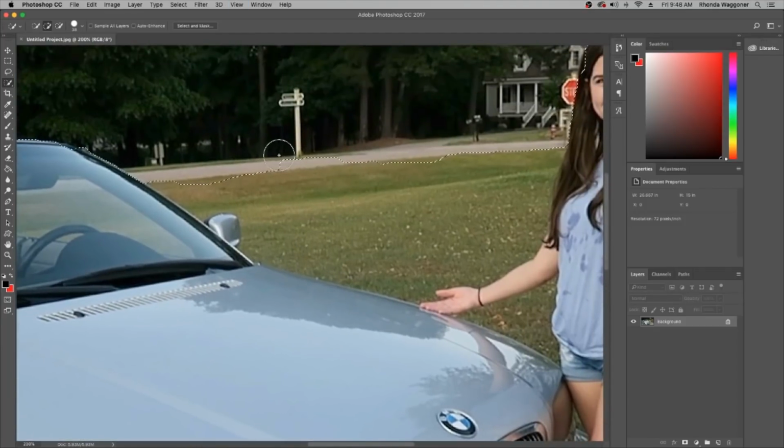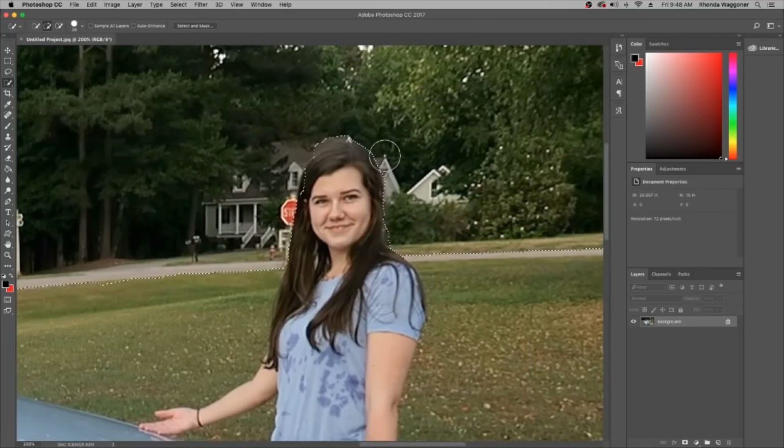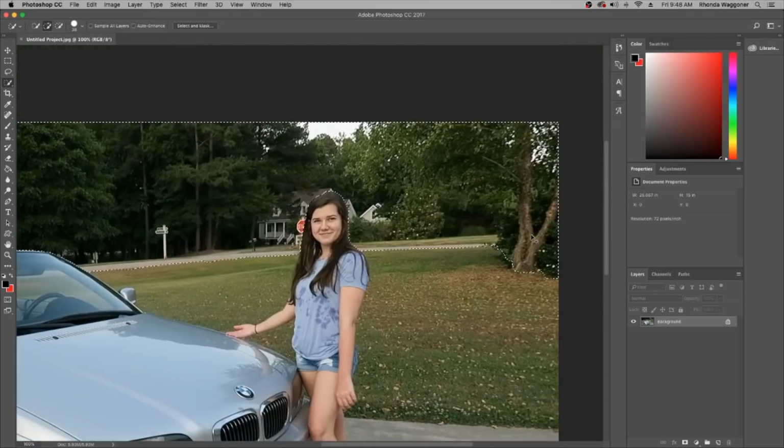And if you really want to fix it where you really want those lines, you can get more detailed, right? But again, it doesn't have to be perfect. And sometimes you'll know if it's not perfect because when you blur the background, it'll just look odd. And then you'll be like, oh, okay, I want to select more or less of it. All right, so we are going to select the road over here as well, because we selected it on the